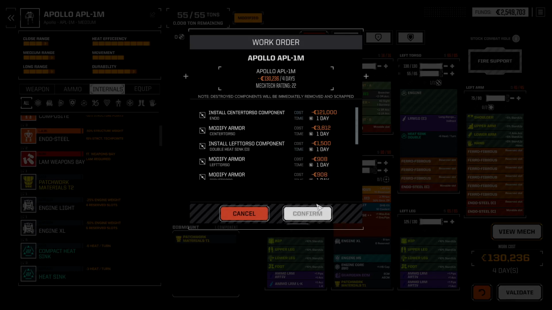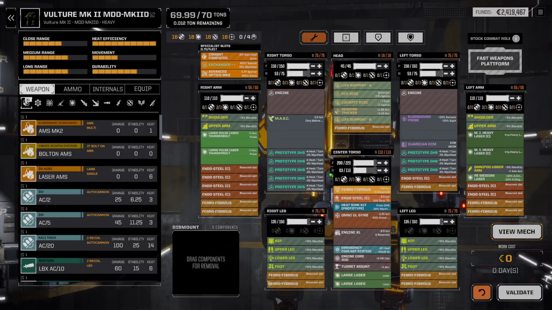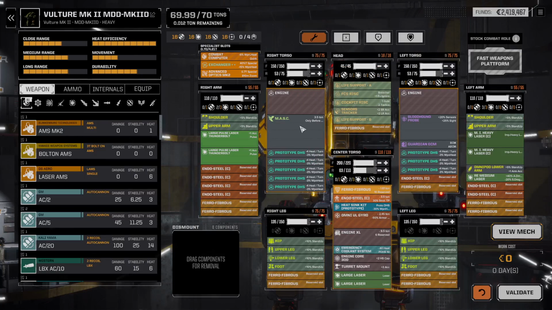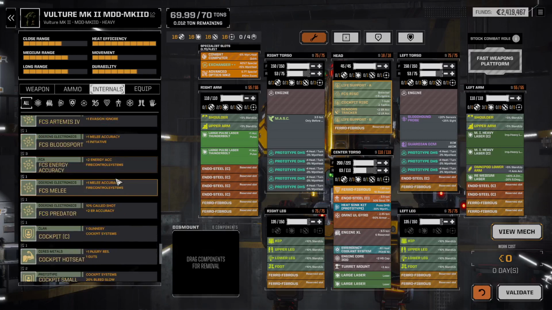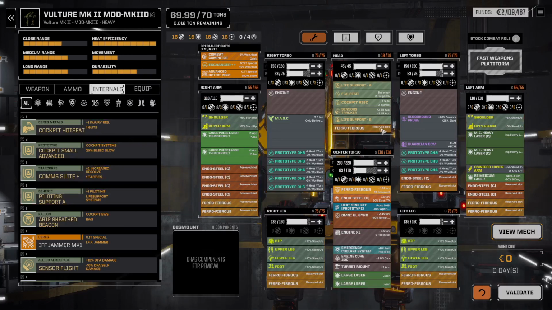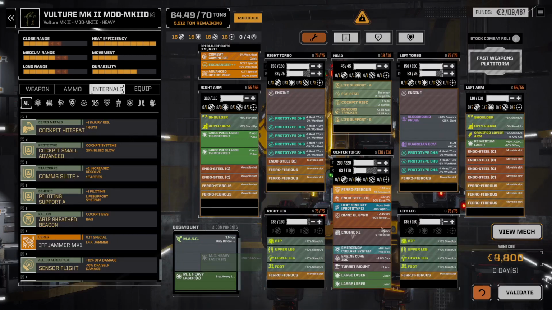Let's do that. Alright, and then the Vulture, I'm not happy with it. It doesn't have as much speed as I would like it to have. The mask only helps so much when it's able to activate, which it will be able to activate more often if we put that piloting A in it. But I think I'm going to transition from a mid-range build to a longer-range build, so I'm actually going to drop the mask completely. I'm going to drop the medium lasers,